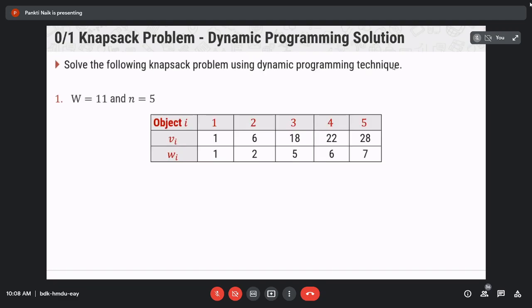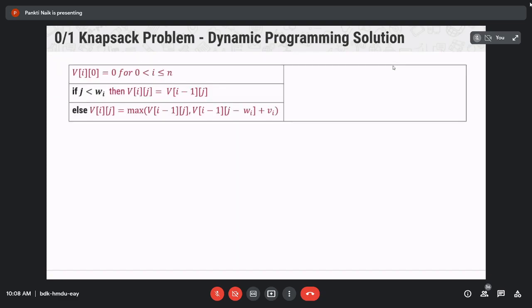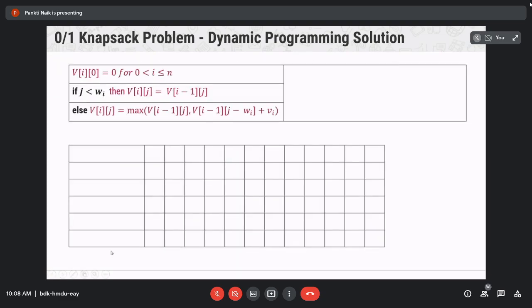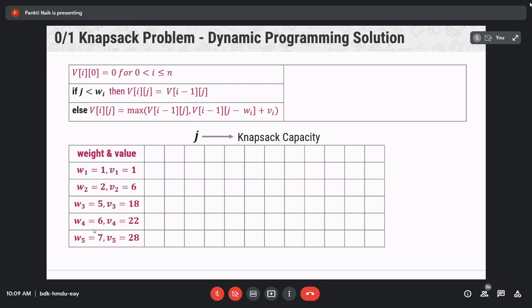Here our value of n is equal to 5, so there are a total of 5 rows in your table. The value of j depends on the knapsack capacity. The knapsack capacity is 11, so there are 12 columns, with column values starting from 0 to W, so 0 to 11. And row values start from 1 to n, so 1 2 3 4 5.